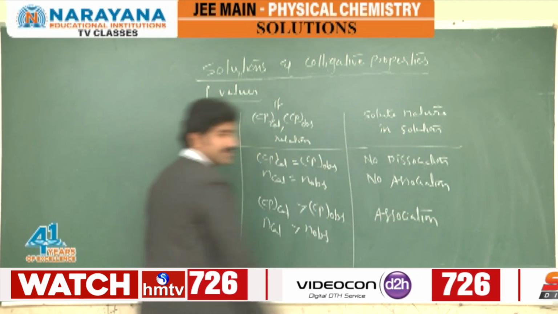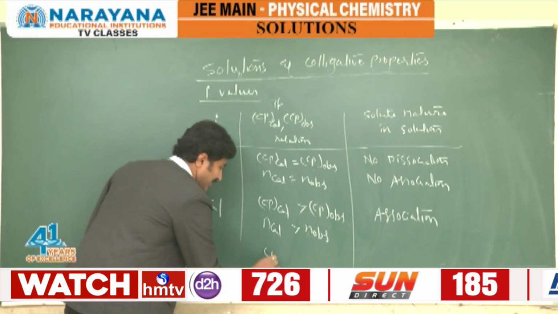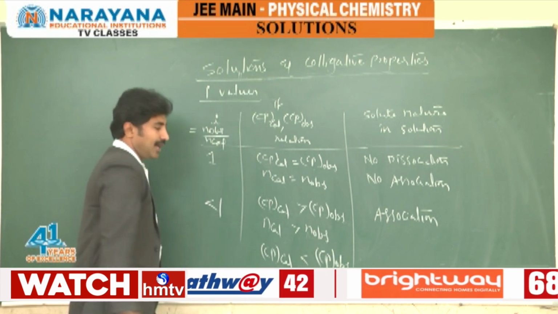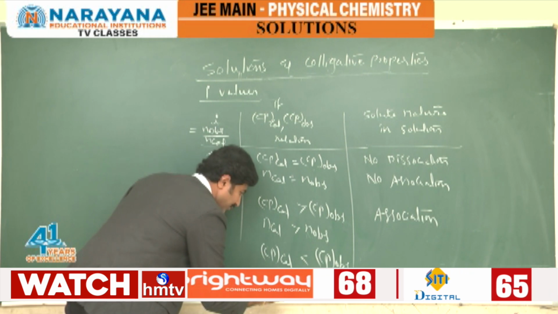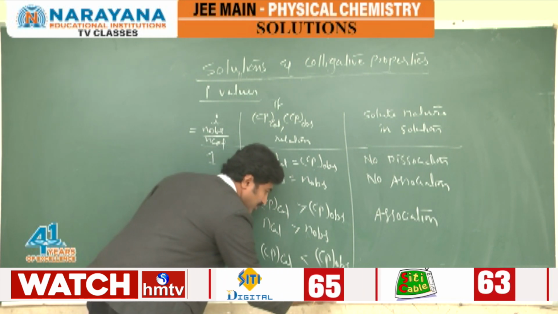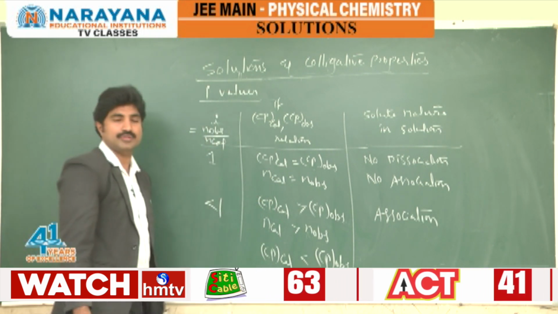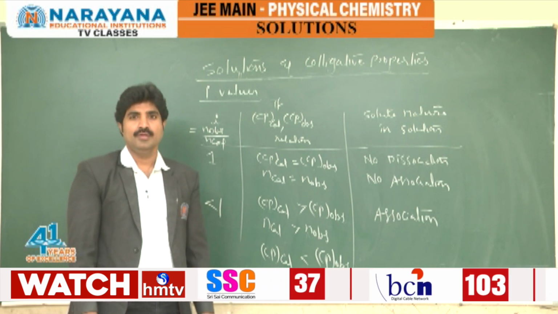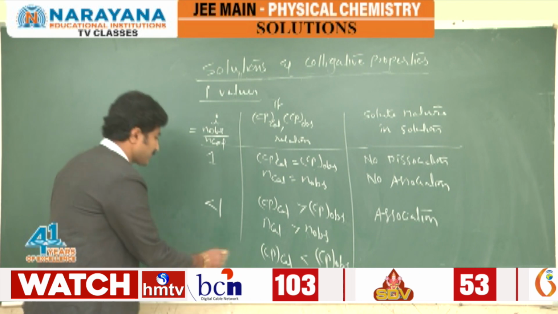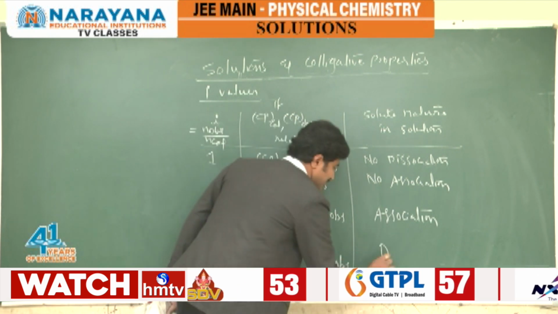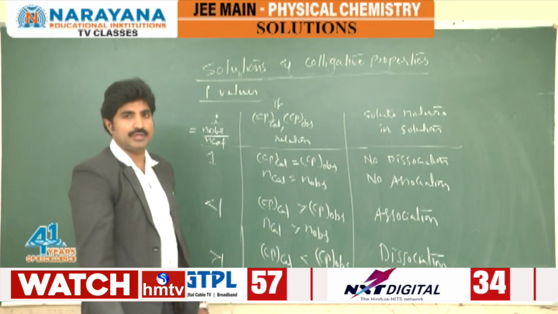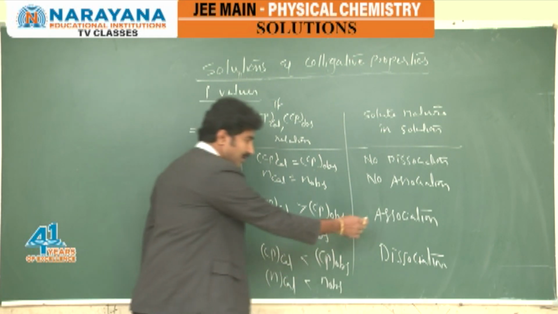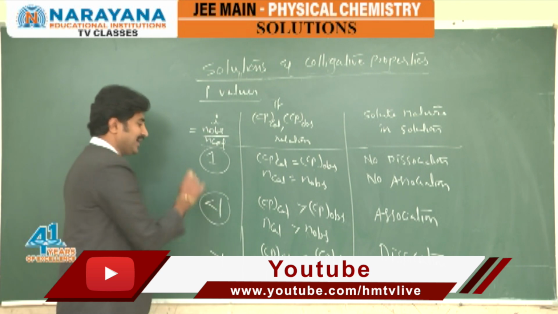Solute particles undergo association. Next, if the colligative property calculated value is less than the colligative property observed value, observed is more than calculated, that means whatever number of moles you added, in the solution state you are getting more moles of the solute. If you add 1 mole of the solute in the solution state, that will split into more than 1. So splitting is nothing but dissociation. In this process i is greater than 1, and here dissociation takes place. So therefore, if solute doesn't undergo association or dissociation, i value is equal to 1. If solute undergoes association in the solution, i is less than 1.